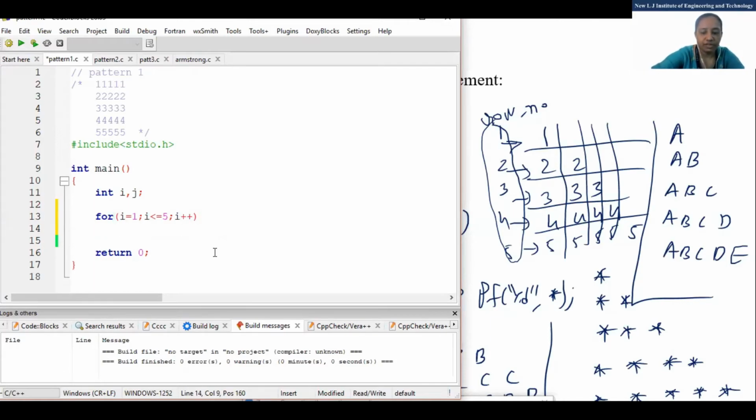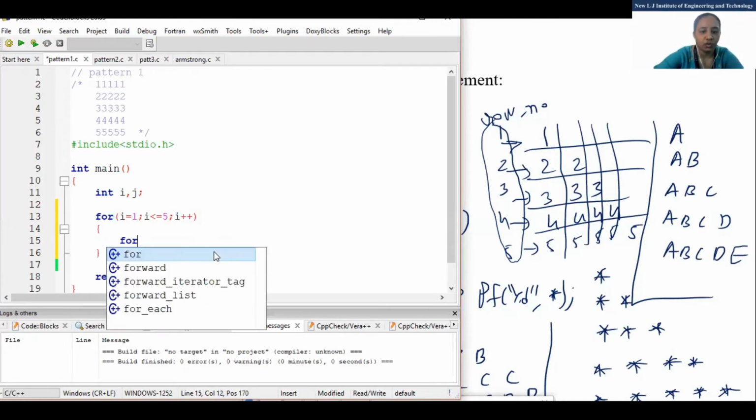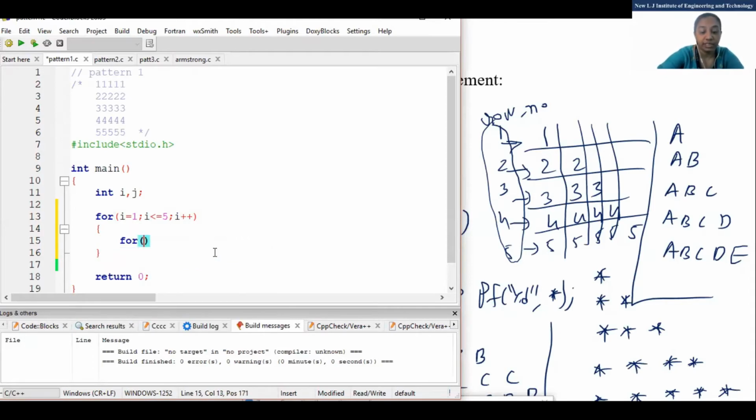Okay. After that, what? The inner loop for. Now indentation is a must. When you are doing the nesting of loops, the indentation should be there. Now it should be 5 and j plus plus. Clear? Okay. Now the other thing is here.